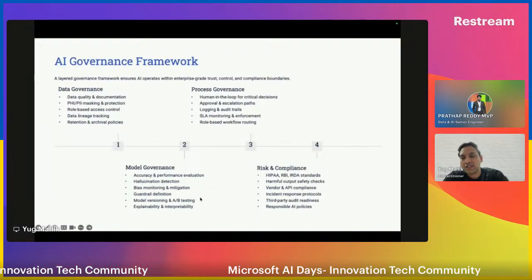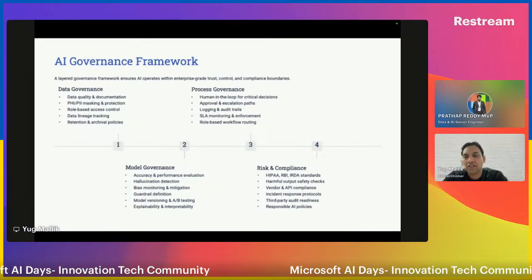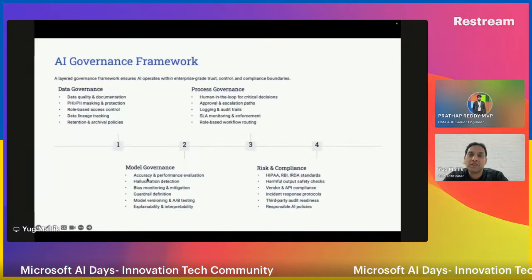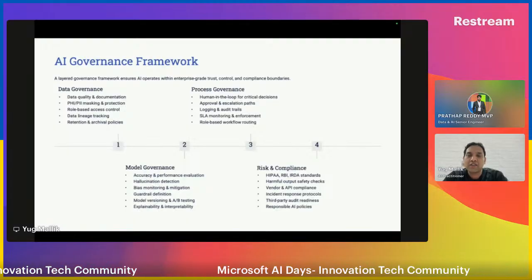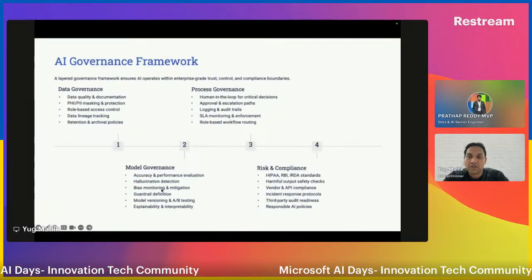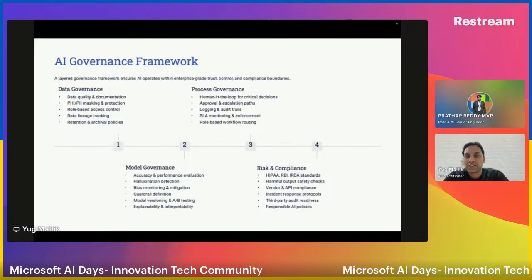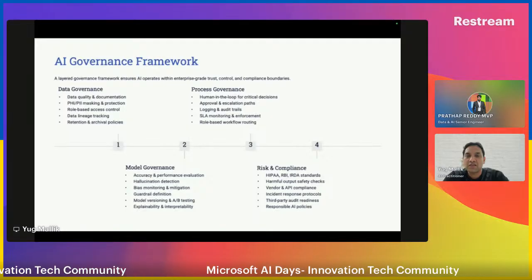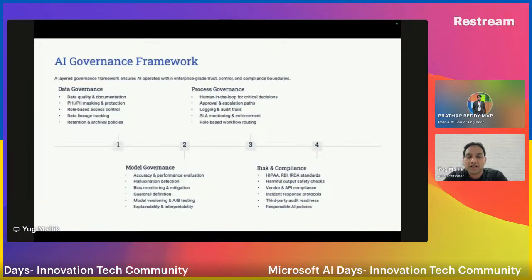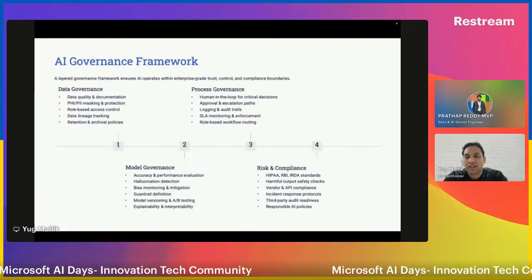And ensuring that there is no hallucination, or if it is there, the percentage is very, very low, so that it builds the confidence for the leaders to approve any request pertaining to the implementation, right? Third is the biasness, of course. The response that we get from the AI should not be biased. It should be well within the range, depending on whatever industry that we are working in. It should be within that parameter, or if it is zero, nothing like it.